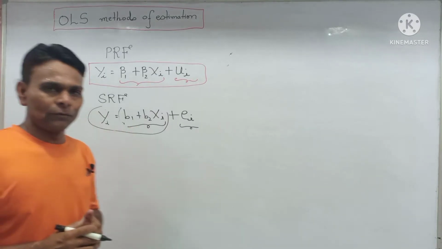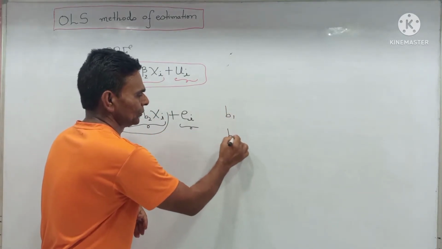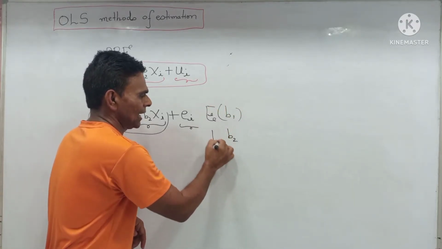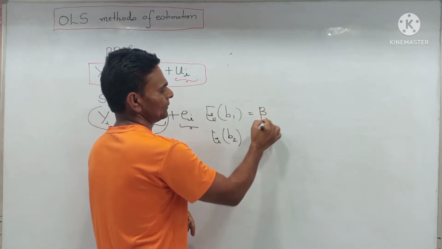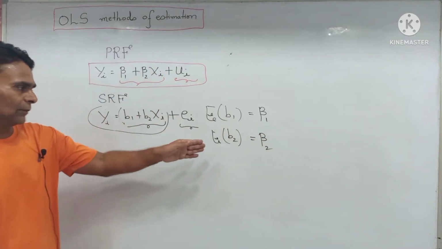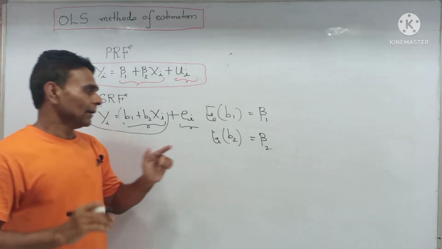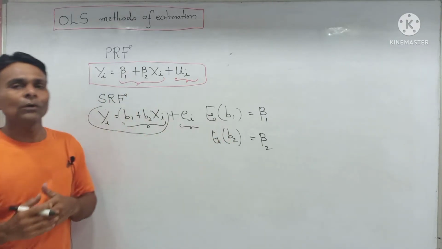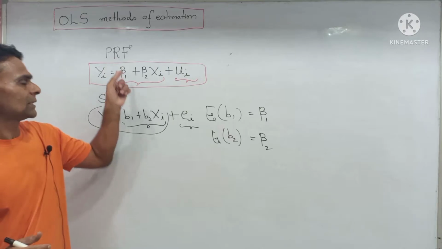Suppose b1 and b2 are two parameters, so we know that the expected value, the mean value, of b1 is equal to beta 1 in the population regression model, and the expected value of b2 is equal to the true population value beta 2,